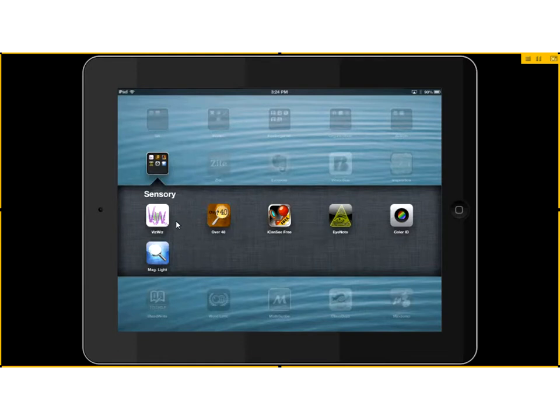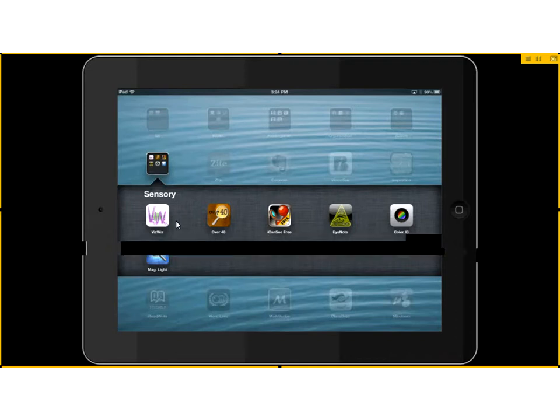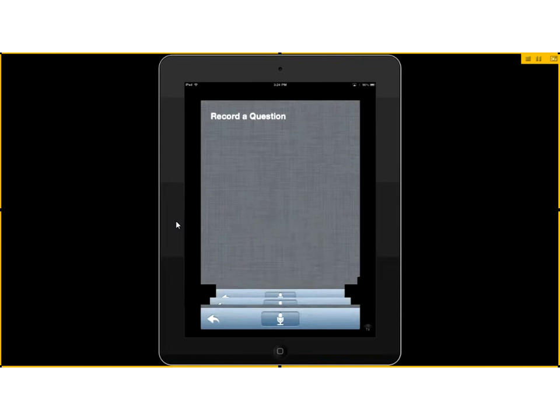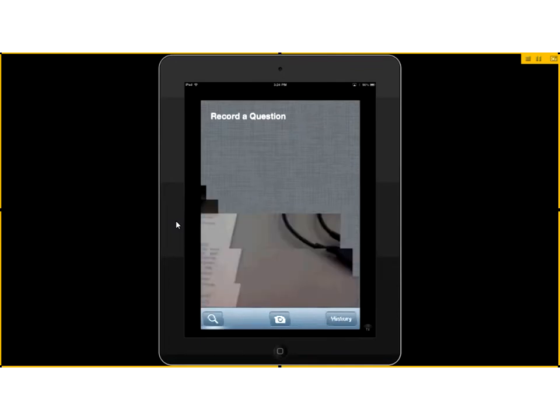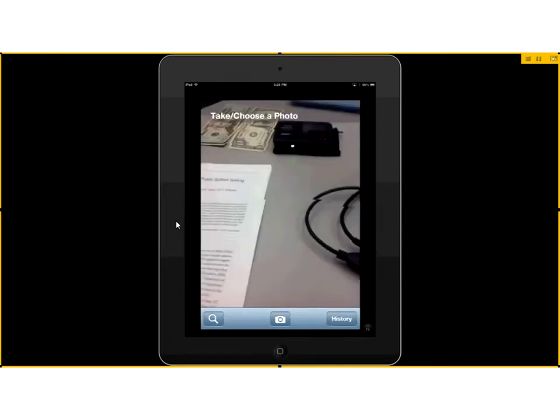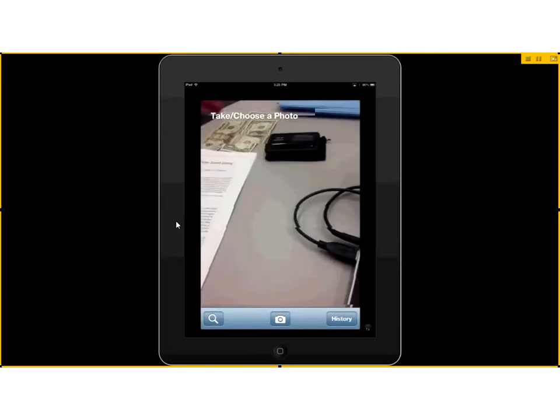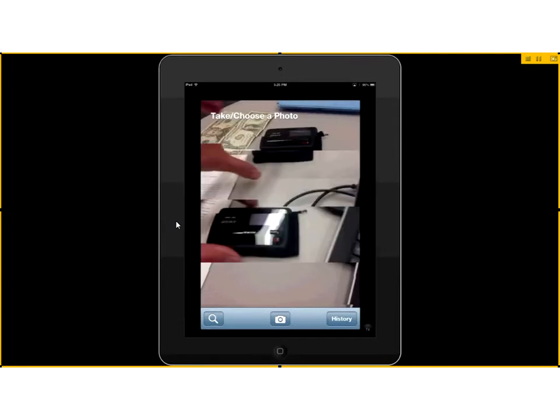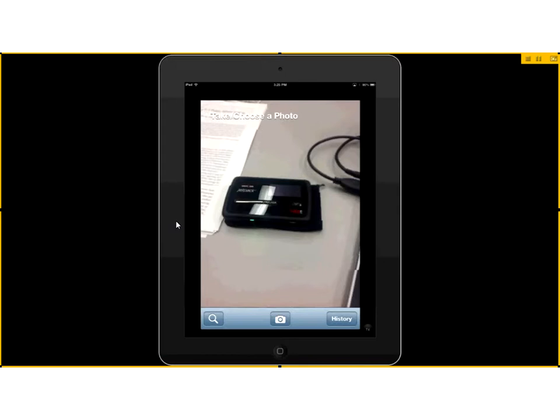The first one we're going to look at is actually a tool called VizWiz, and we're going to look at this first because I think we're going to have to come back to it to see the results. But what VizWiz does is, if we open up VizWiz, and I'm going to change the orientation of the iPad here, what this allows us to do is take a picture of something, and if we don't know what it is, we can take a picture of it, or we can ask any questions about it. So we could say, we'll take a picture of this